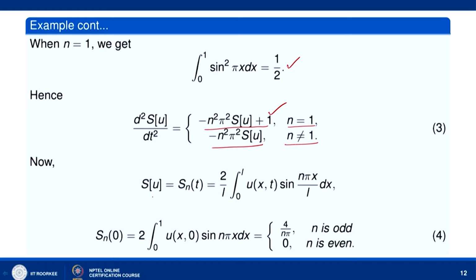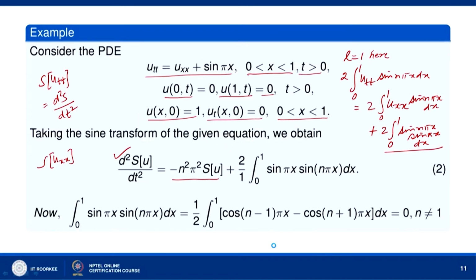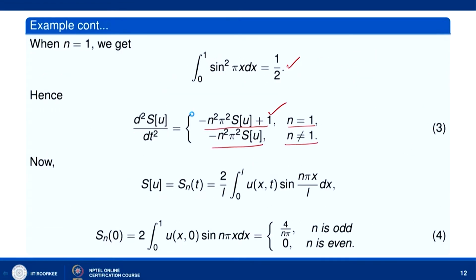Now, by our definition of sine transform, S u is nothing but S n t, and this is 2 over L integral 0 to L u x t sin n pi x over L dx. So, from here you can see if you put t equal to 0, what you get? L is equal to 1 in our case. So, 2 times integral 0 to 1 u x 0 sin n pi x dx, and what we are given is u x 0 equal to 1. So, what we have is S n 0 equal to 2 times integral 0 to 1, u x 0 is 1, sin n pi x,